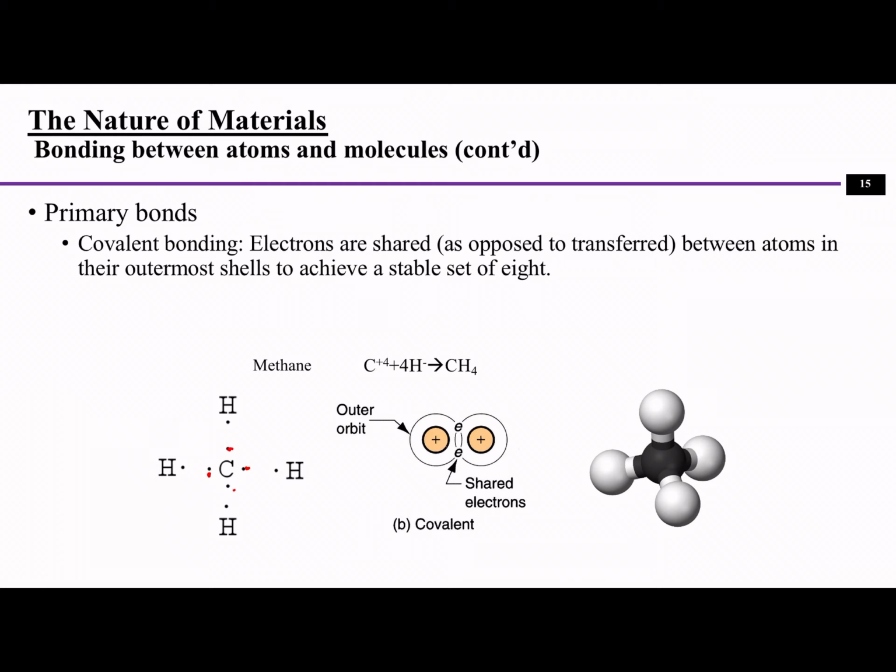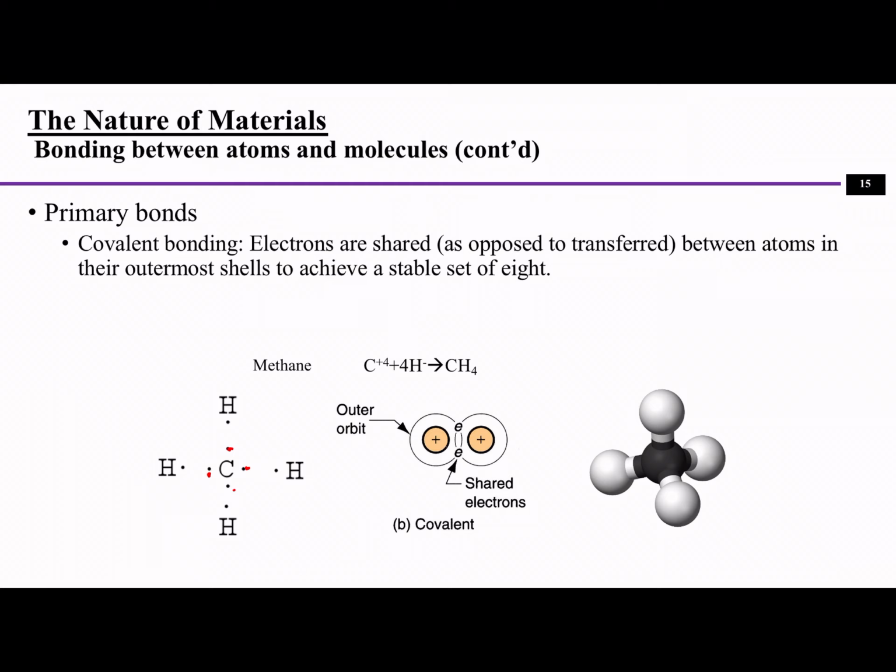Carbon has 4 electrons outside, 1, 2, 3, 4, and because 8 will be a stable state, it can attract 4 electrons from hydrogen. So that's why 4 hydrogen will form methane with carbon,